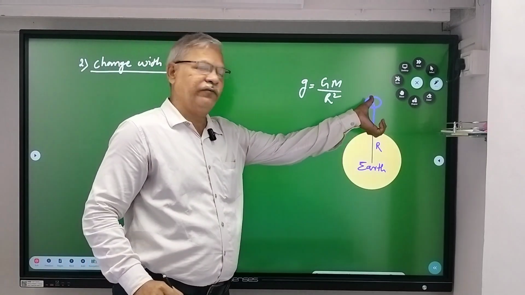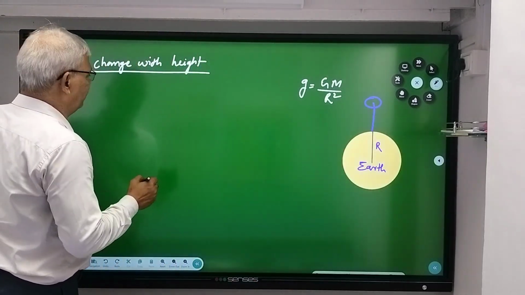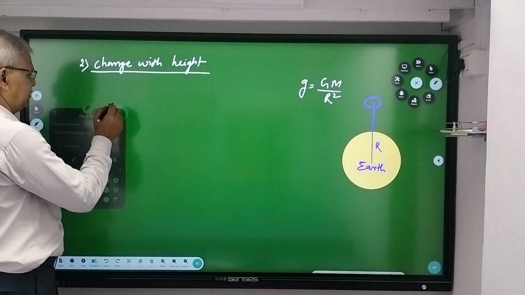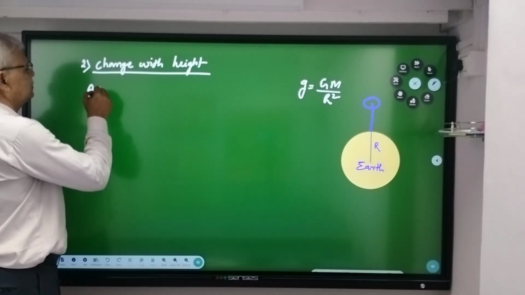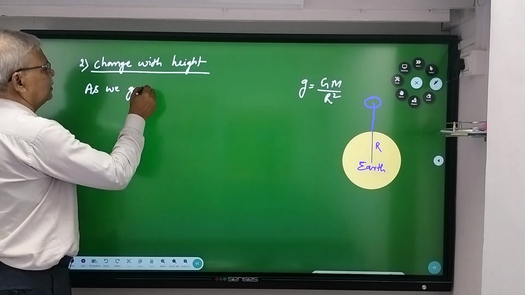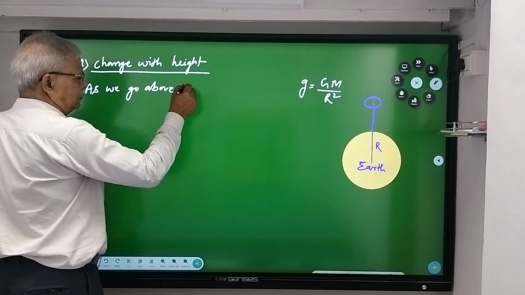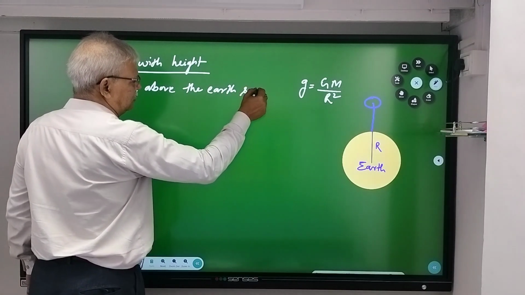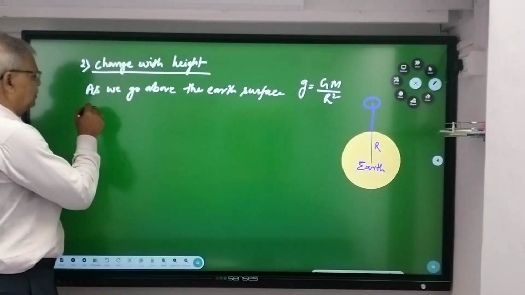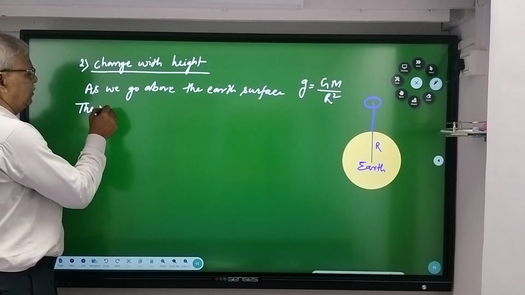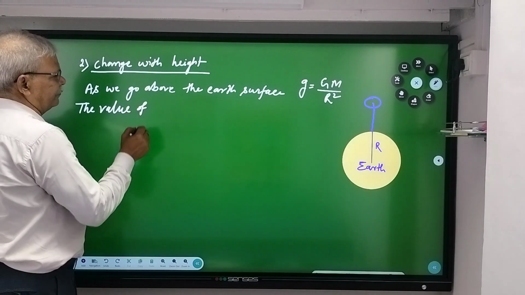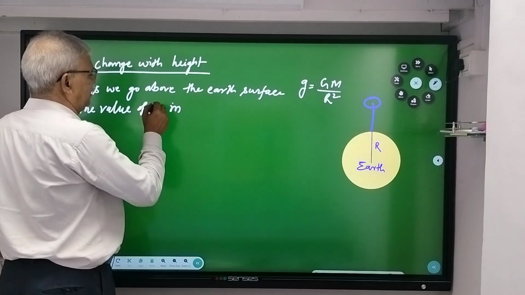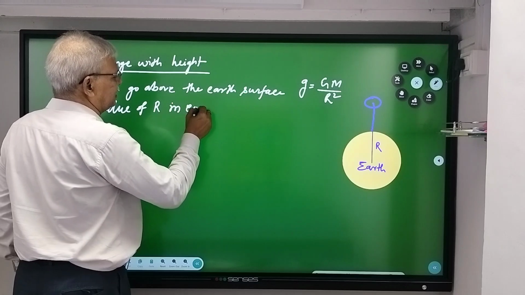So I am going to write here, you write like this: as we go above the Earth's surface, the value of R in the equation,